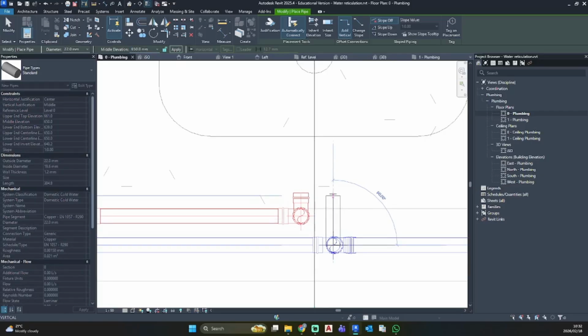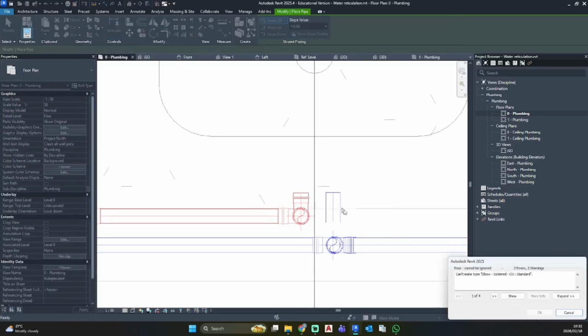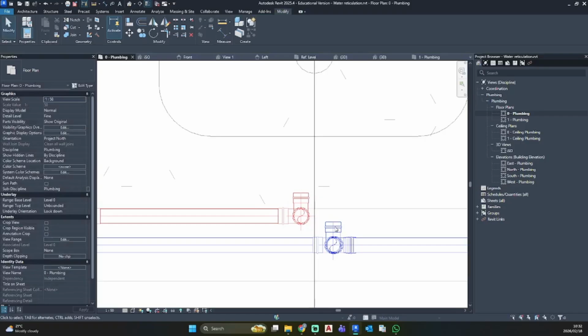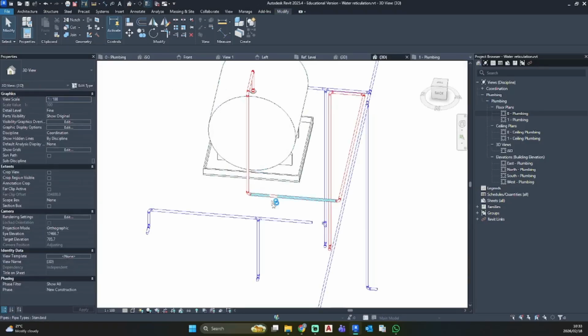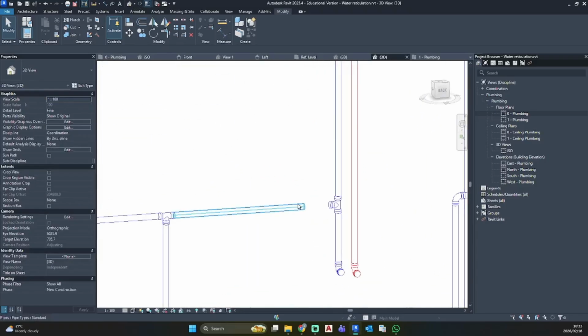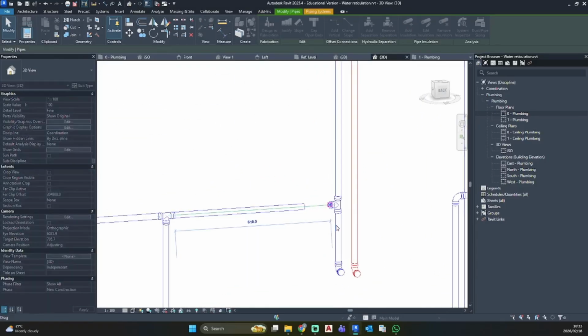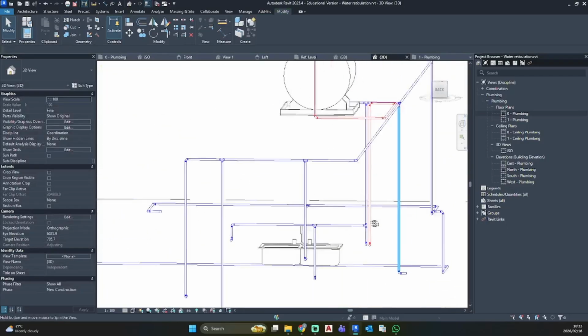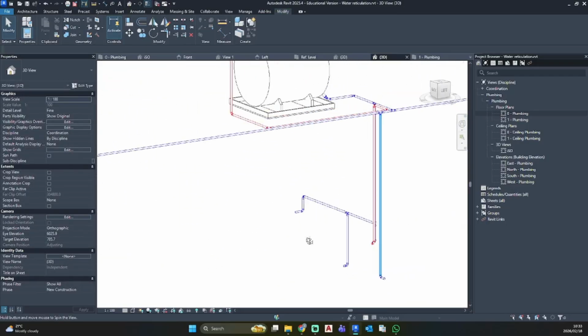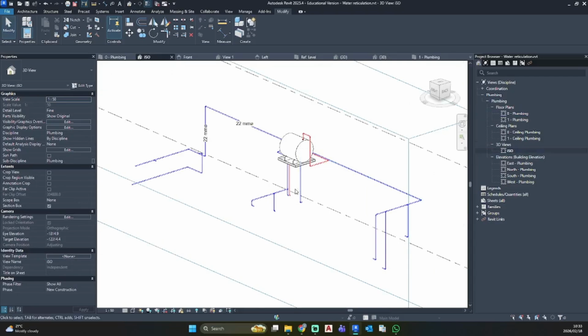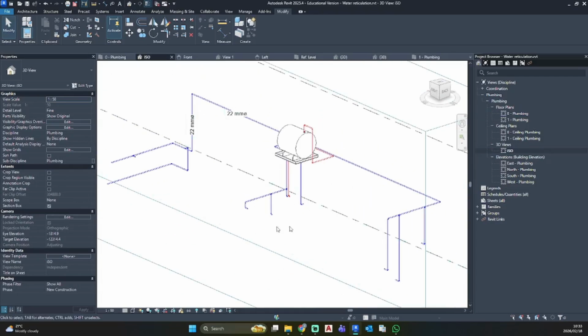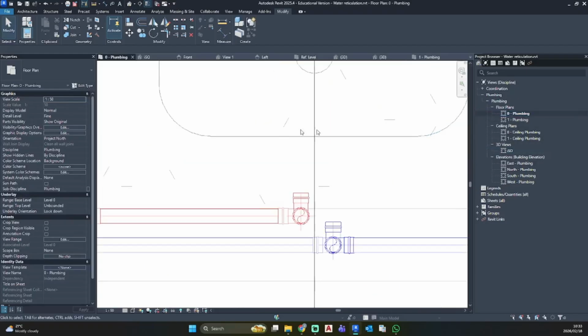Just from here, I'm going to just align it over there. Okay, so apparently it doesn't want to align properly. Okay, so we need to move this one back into place. Okay, there we go. So that looks a lot cleaner at the moment. So if we go to ISO view, there we see our water reticulation for our hot water as well. So I'm going to go back to my plumbing view,